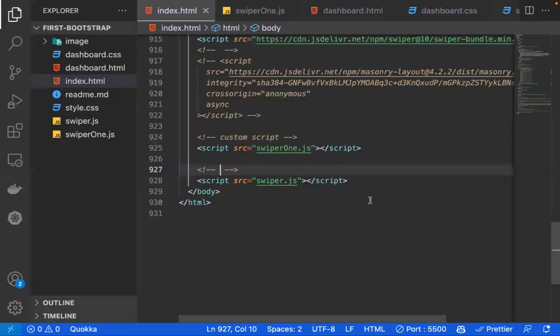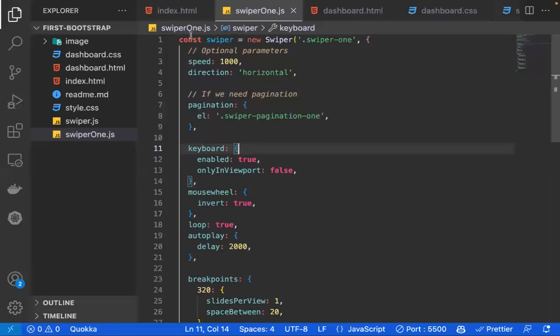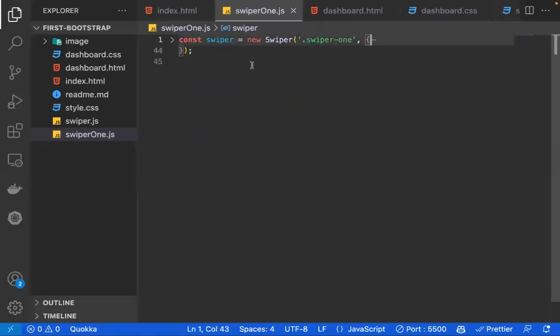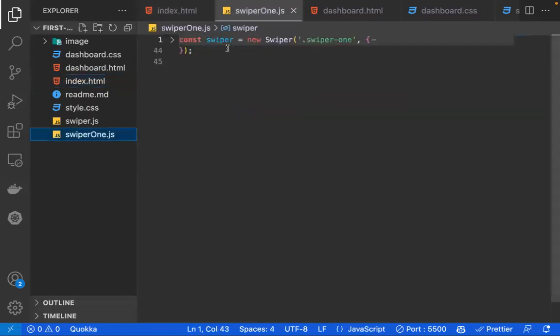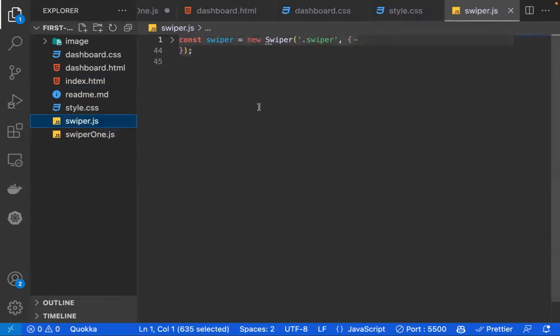That's what we learned from the last class: Swiper will not want another thing to be on top of it like this. So it has to be the only one, without having any comments above it, just the way Swiper behaves. I think that's the same thing that's happening in the index HTML here, that it is not allowing another one to be below it. It has to be the one on top. So if this one cannot work, then the best way to achieve that is to copy whatever we have here and paste it under here. Since it does not want any other thing to be below it,